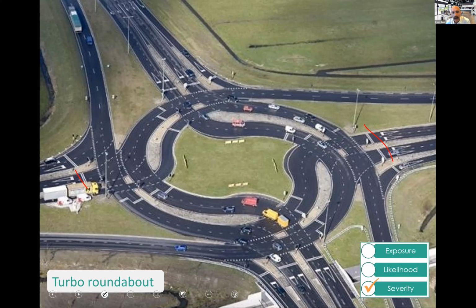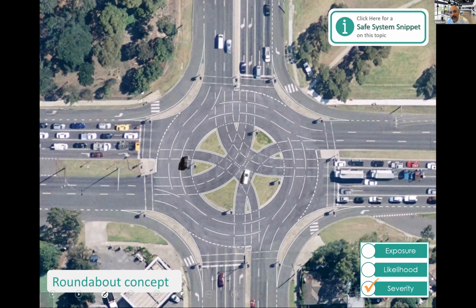Anyway, it's more that philosophy that the Dutch would rather do this, the massive land take and everything like that. Well, it's not rather do this. It's just inconceivable that you would have a high-speed, large signalised intersection. So it's nice to see that, for our more conventional ones in Australia and New Zealand and a lot of the US and Canada and others operating these higher speed signalized intersections, that people are starting to challenge that and question it and say, well, what can we do to disrupt this feeling of ultimate priority and people just running straight lines and having these harsh crashes?